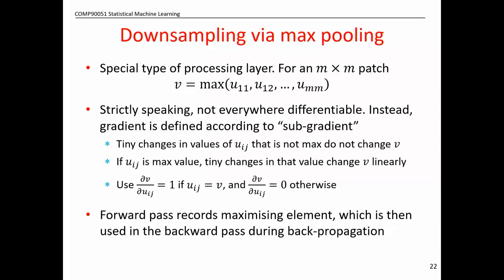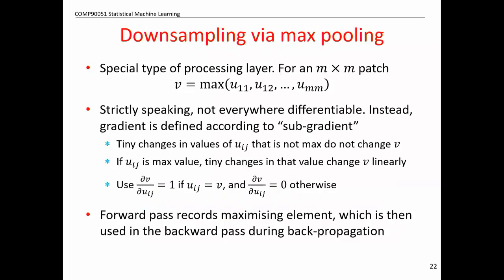So how would this look like in operation? When you're doing forward passes to evaluate the network, you're just taking maxes. Easy. And you want to remember those values: which input was actually the maximum for the patch? And then when you're going backwards, the derivative will just be 1 for that one and 0 everywhere else. It's nice and simple.